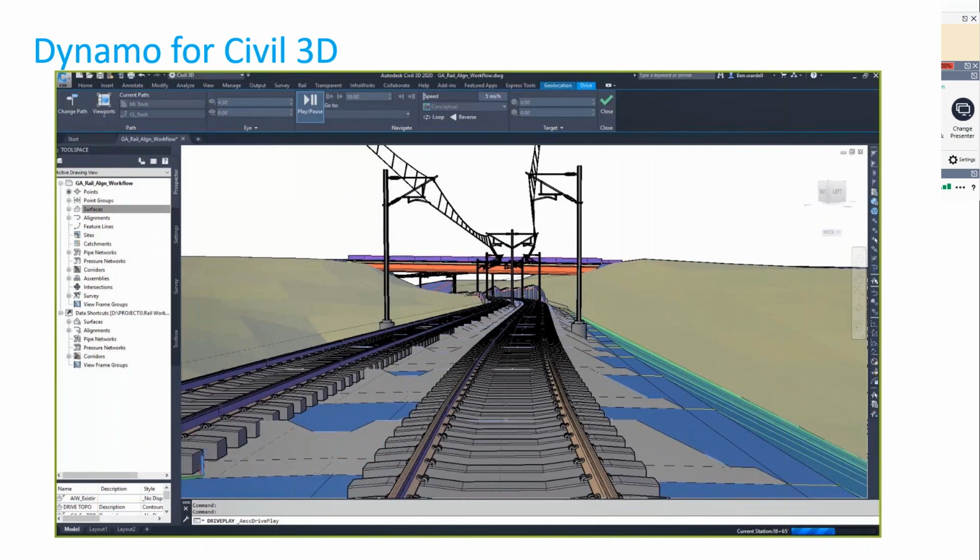This could be the same work in case of my highway projects. It could be used for placement of culverts. It could be used for placement of retaining structures, retaining walls. So again, multiple use cases could be leveraged. Today again we are adding more and more nodes within the Dynamo package for corridor creation, for assembly creation. So again, that facet of Dynamo for Civil 3D is something that you can also explore.